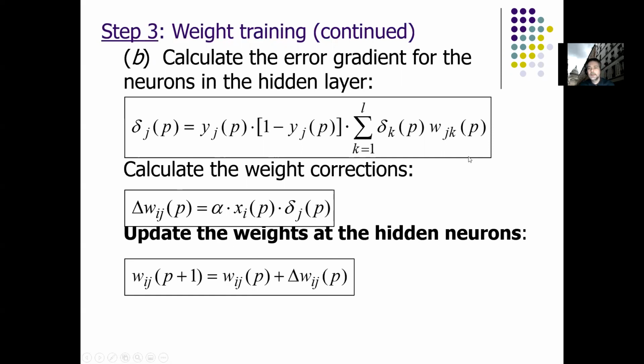And this is because we take into account the weights, these W's, from the previous calculation. So first we have to calculate the updates for the weights that connect the hidden node to the output node. And once we have these values, we can use them in this kind of equation